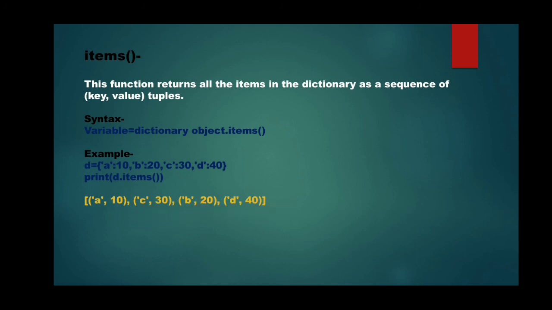Right? Now, if you want to extract an individual tuple, you can utilize a loop also. See, I have written for i in d dot items. Now, d dot items is going to provide you a sequence, that is a list of tuples. I will extract one tuple each time the loop works. So the number of iterations of the loop will be equal to the number of tuples in the list. Now, if I display each tuple, see, this is how it is going to be displayed.